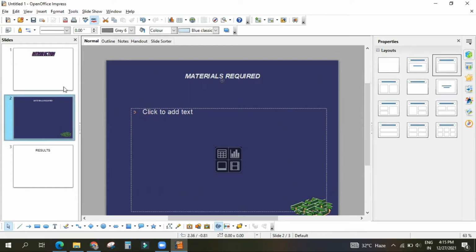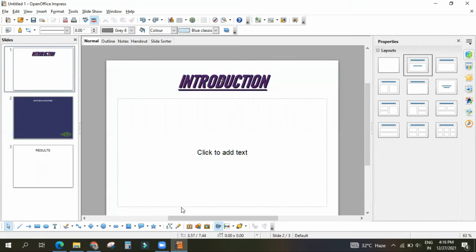You have changed the slide design. So how to do? You can find the slide design in the standard bar. Then you can go for loading different kinds of designs already present in the computer. Then you select something. Then okay. Then this design will be changed. Understood? Yes, sir. Okay.